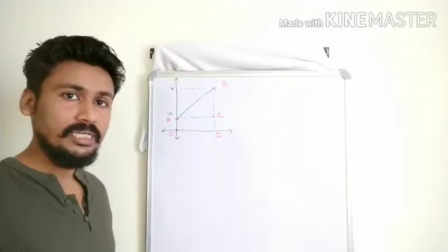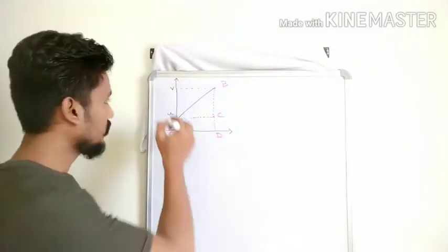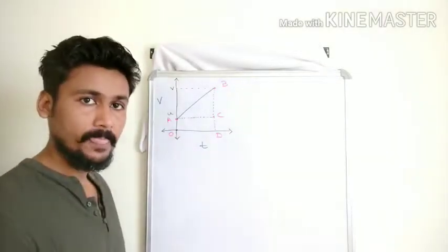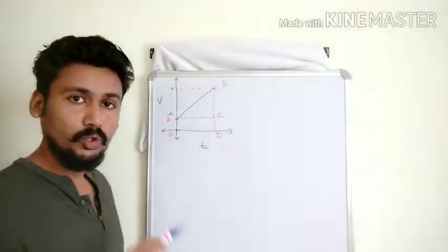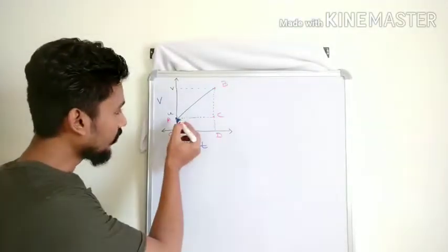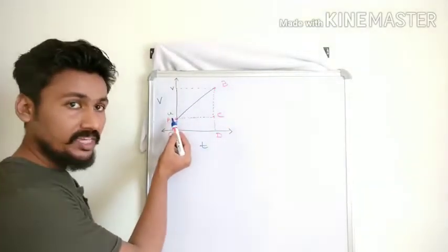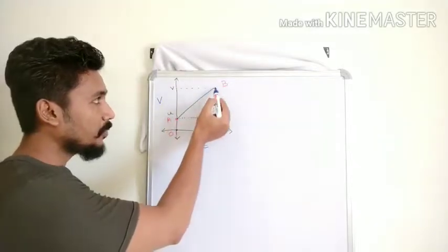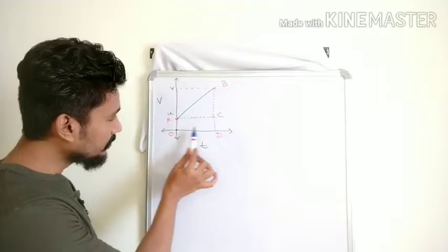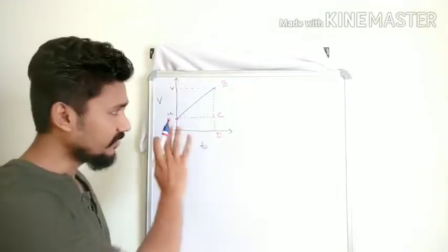Okay. So here is the graph. We have a velocity time graph. On the y-axis we have velocity, on the x-axis we have the time. This graph shows us the motion of an object that is having uniform acceleration from A to the point B. When the object is at A, it is having initial velocity U. When it reaches point B, it has got final velocity V. And for this particular motion, it is going to take some time T. Fine. That is our graph.